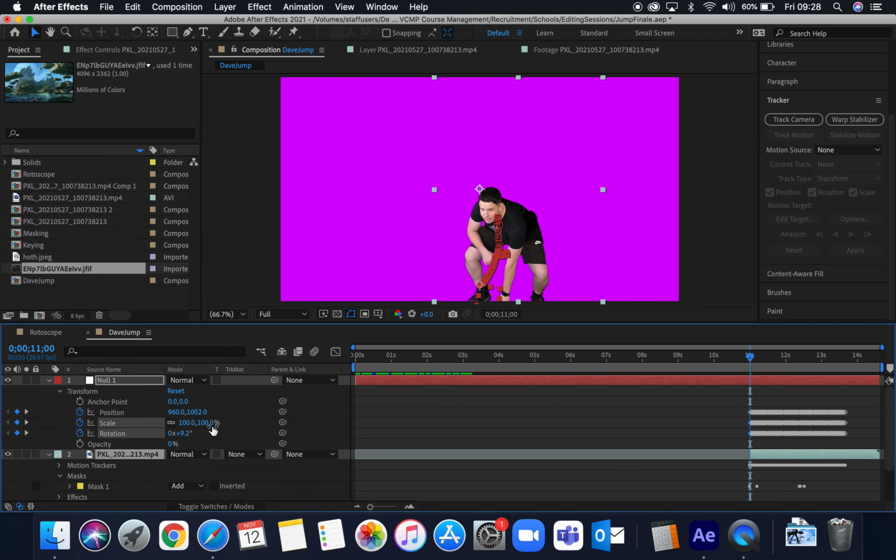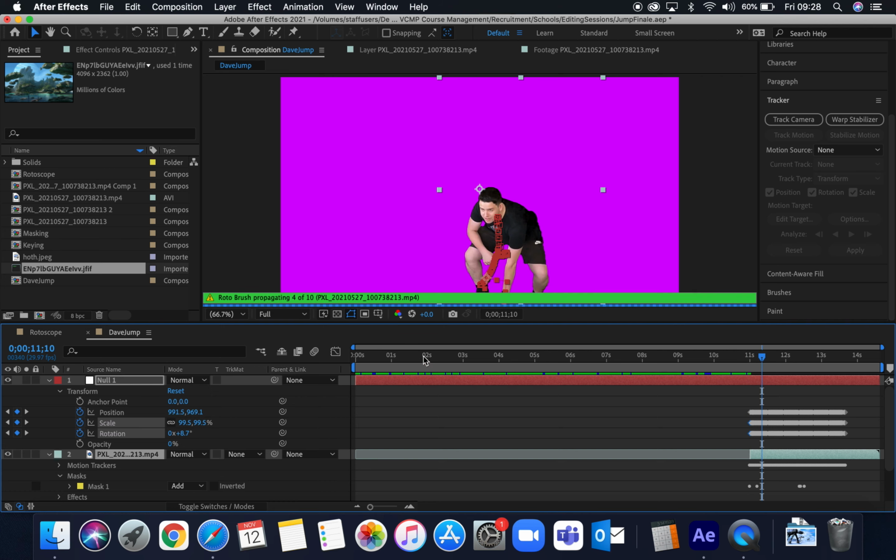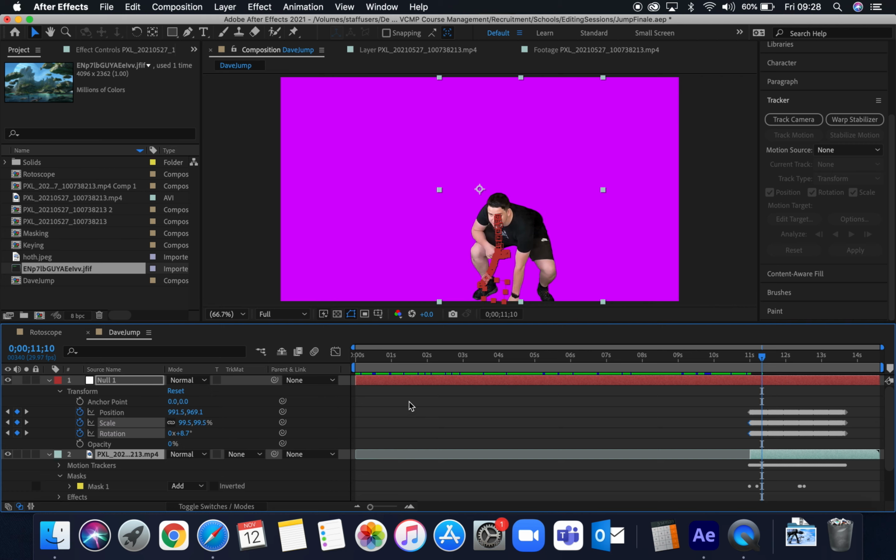Now what's happened is all of that information about position, scale and rotation has been applied to this null object. The null object doesn't actually do anything. It just sits there in the background. But all of the information of the motion tracking has been applied to that null object. And at this point, our motion tracking phase